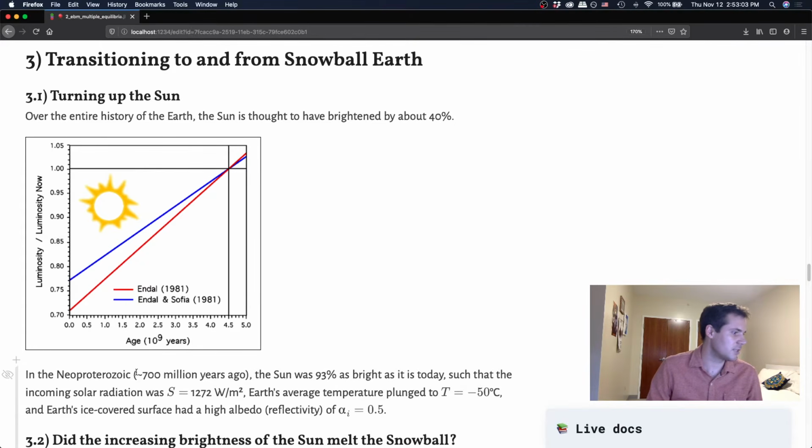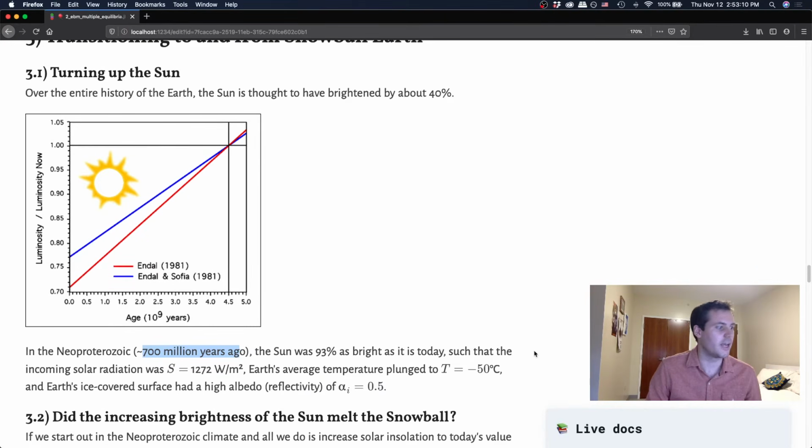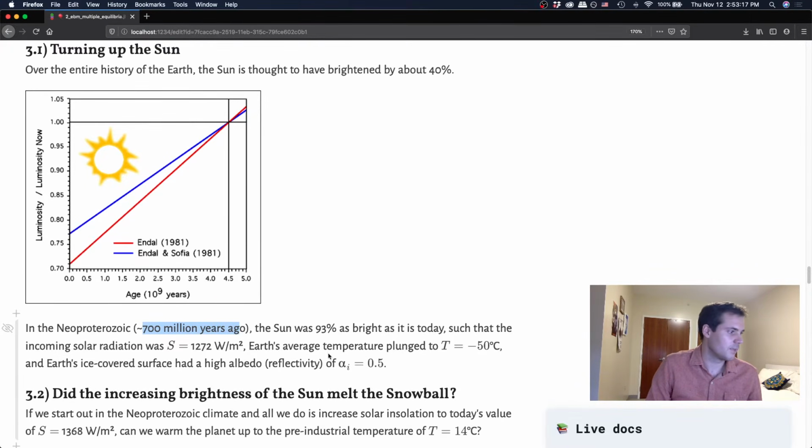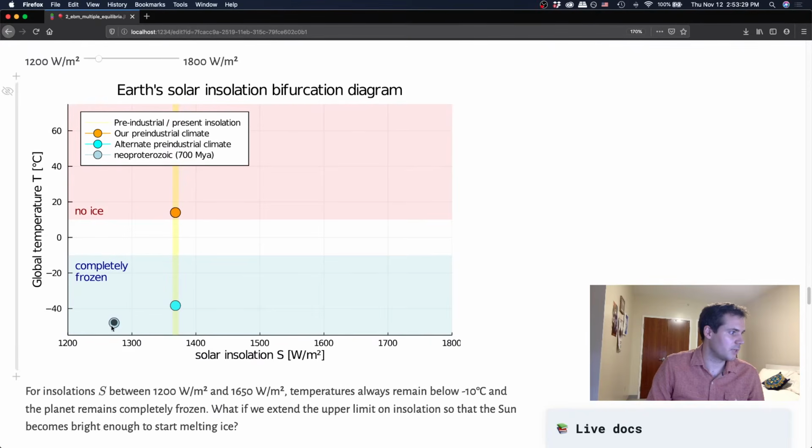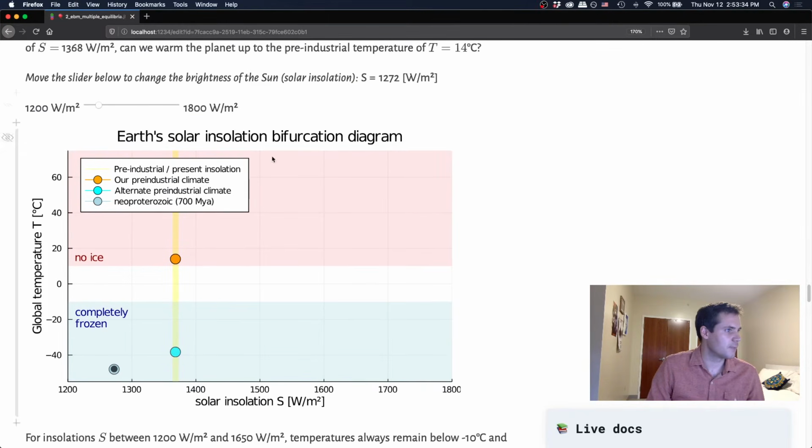And even since just 700 million years ago, the sun was only 93% as bright as it is today. And so we would expect that it should be a little bit cooler back then relative to today, because the sun was just less bright. And we can pick that exact value of the solar radiation, plug it into our model and see what happens. So let's do that. If we plug that into our model, we start out here in this black dot, where the solar radiation is up here,